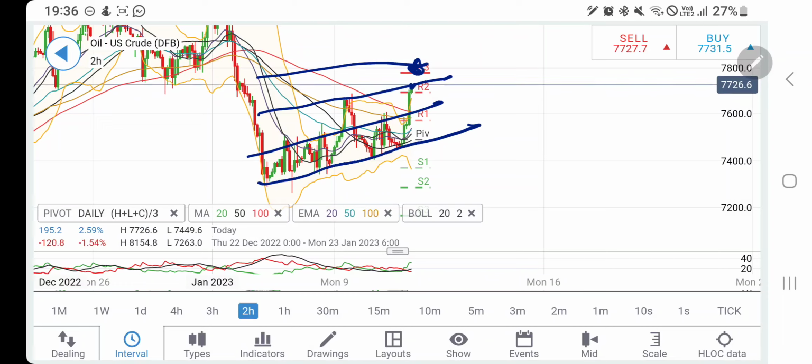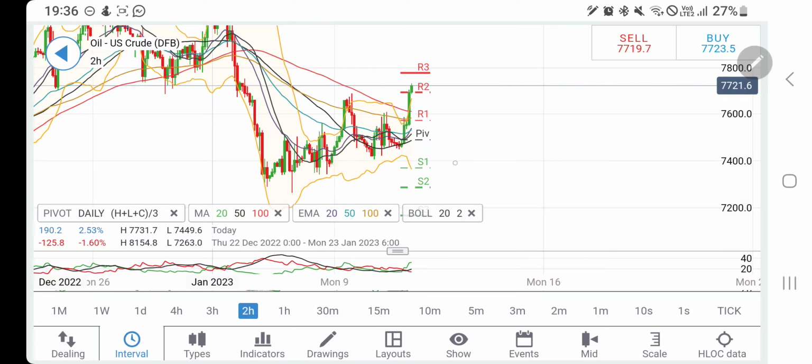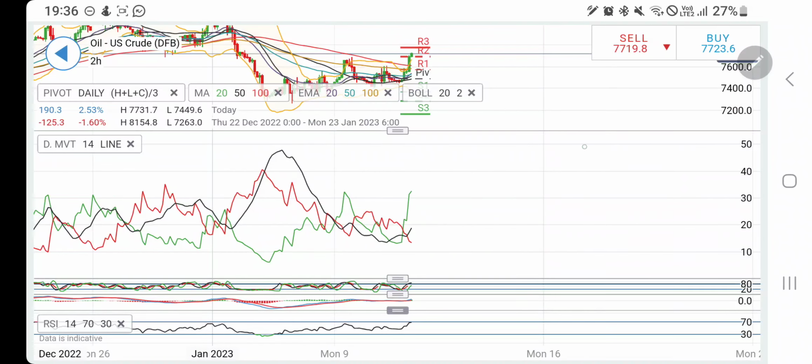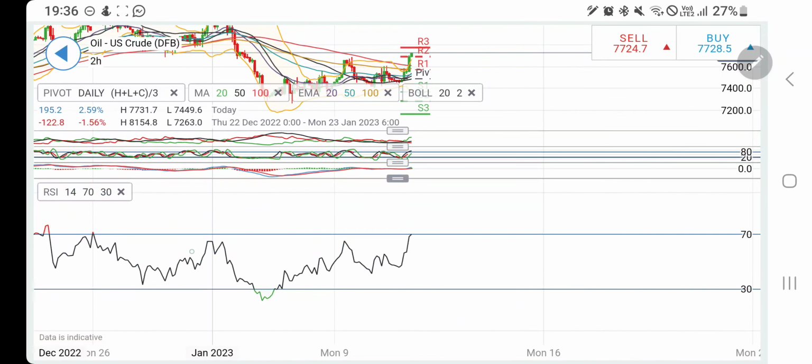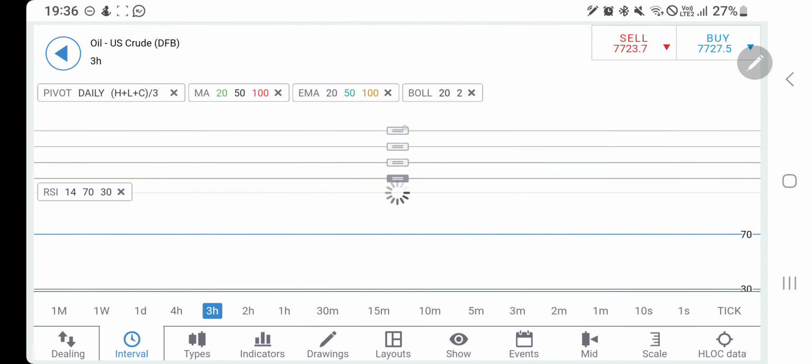In yesterday's both analyses I had warned you about this, and I told you that there is a possibility of a ride. Yesterday also it achieved 77. Now it is looking forward to 78 this time. We talked about this breakout in the morning analysis as well. Directional movement here is bullish, stochastic overbought, MACD is bullish, RSI looking upwards.